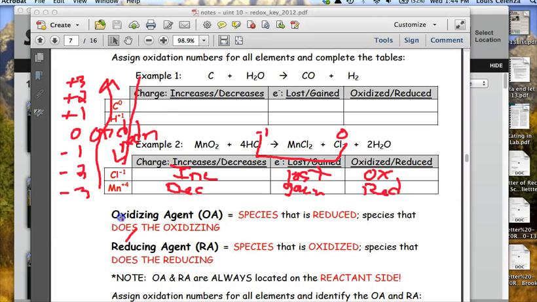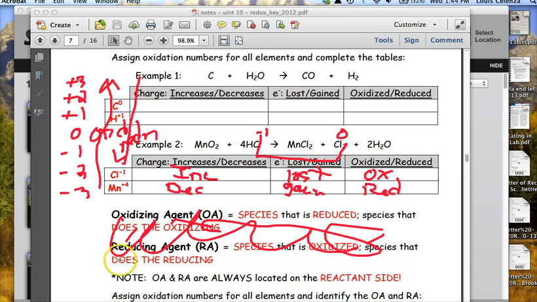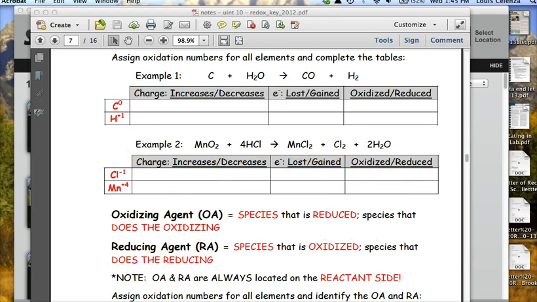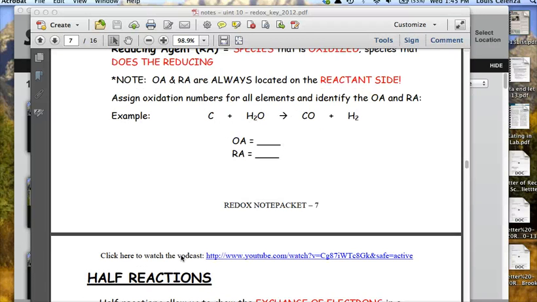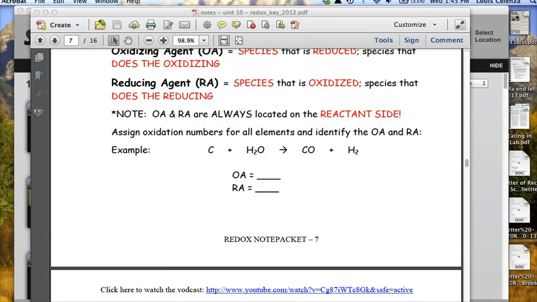These 2 things we are just going to cross out, not asked about on the Regents exam anymore. Oxidizing and reducing agent, not necessary to worry about that. Since we didn't go through and do oxidizing and reducing agent, we are going to not do that part either. So that's the end of lesson